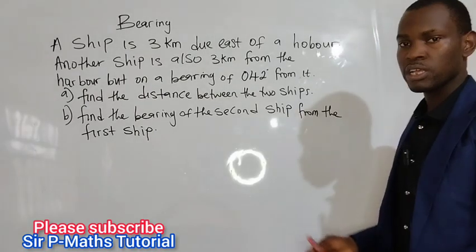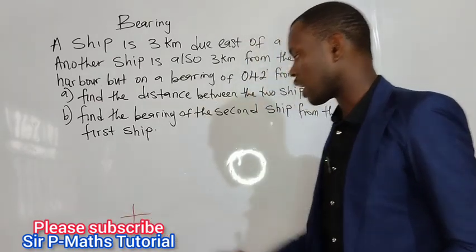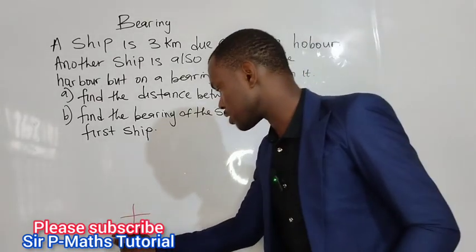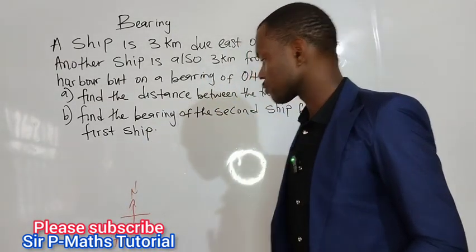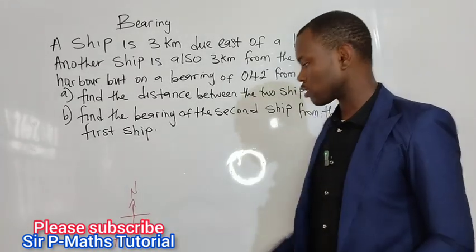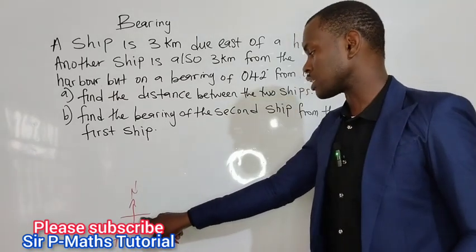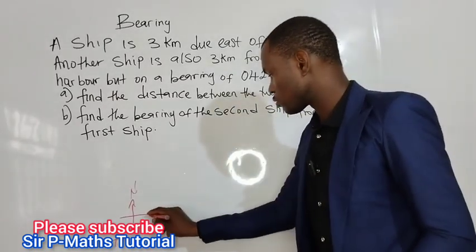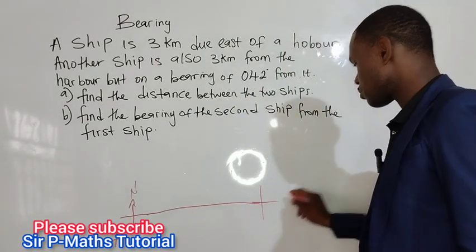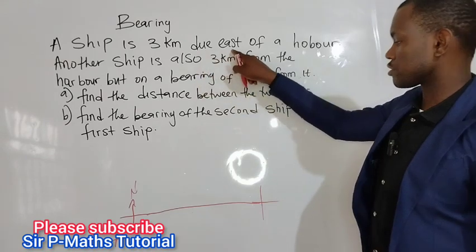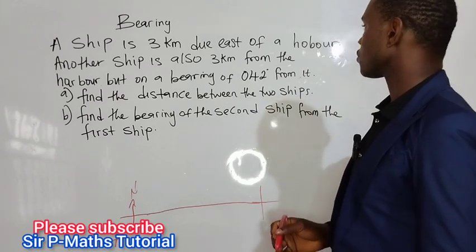The first thing we do is to draw the required diagram. So let here be the harbor, let's call it A. Let the harbor be A, and this is my north pole, because every movement will start from the north pole. Now the first ship moves on the eastern pole of the harbor. So this is the pole due east. It moved in this direction. All right, that is due east. It will move on the pole of the east from the harbor, and then another ship moved